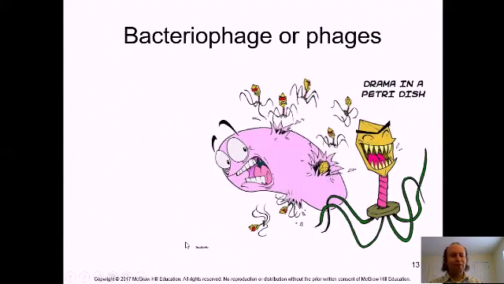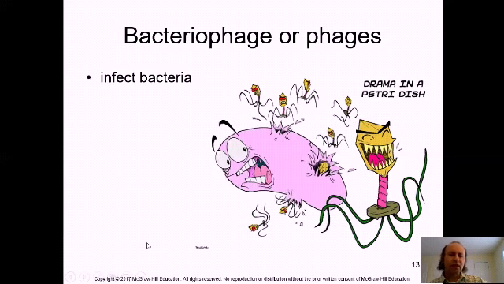So we have another group of viruses that are the ones that destroy the bacteria. This is a representation of a specific virus, and this is the poor bacteria. So why do they call it bacteriophage, or phage? This means that those are the ones that eat the bacteria. And in biotechnology, they are being widely used.